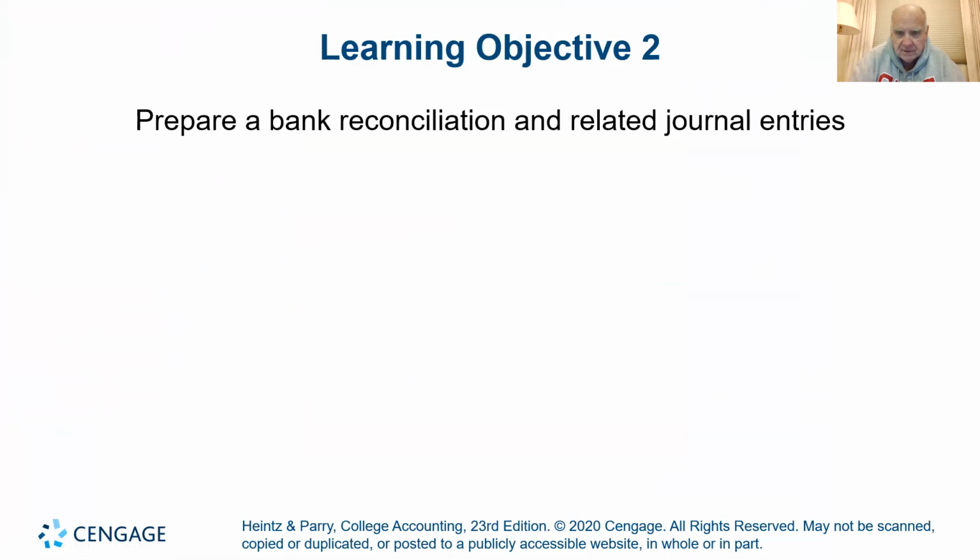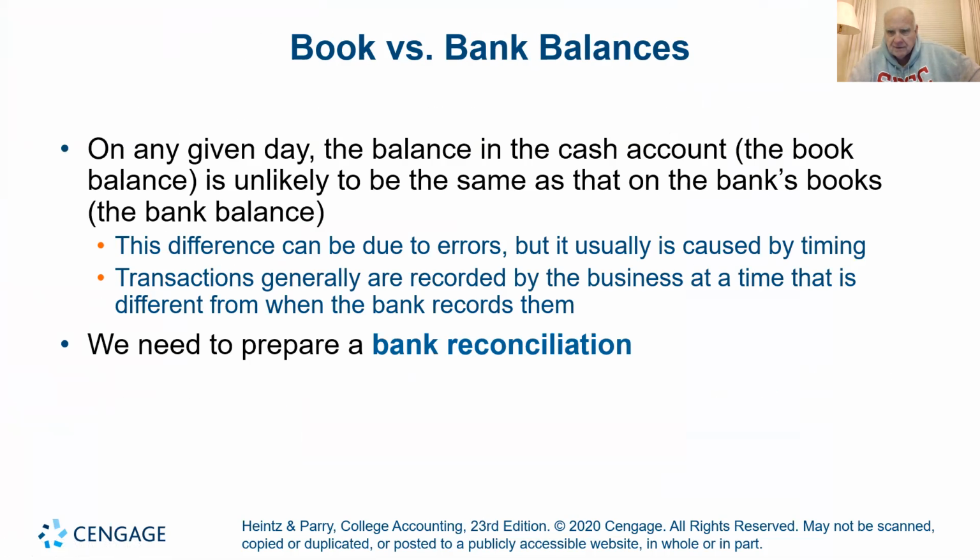1748.09. Now, here we go. Let's talk about a bank reconciliation and the related journal entries. At the end of the month, we saw that our bank says we have $1,748.09. That's their story and they're sticking to it. What are the chances that we have the exact same balance in our general ledger as of that day?